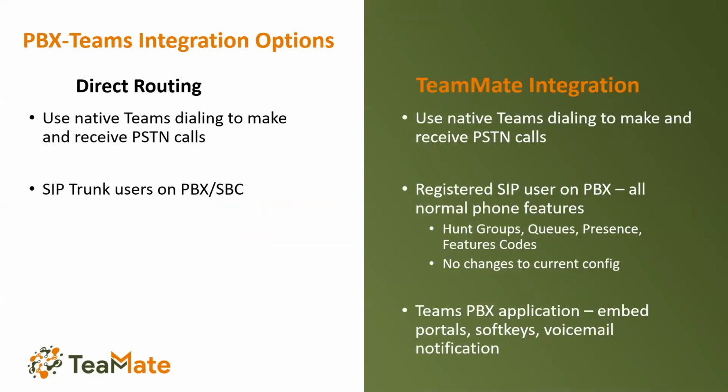On the left is direct routing. This is what you get if you activate that direct routing tool that Microsoft has put out there. You use all native Teams dialing features, history, menus, contacts for dialing, anything you would use to dial normally in Teams. At the end of it, you have a SIP trunk user in Teams. Many of you sell SIP trunks and have SIP trunk users. You know about this. On the right is what we're doing and what we're announcing today with SkySwitch.